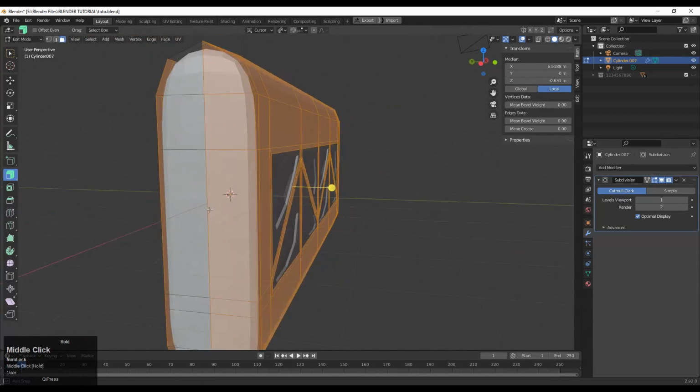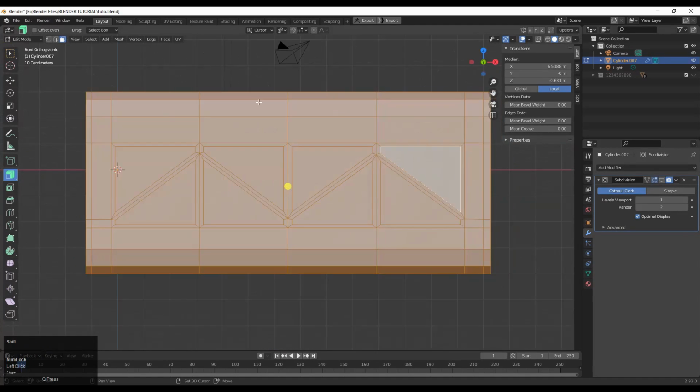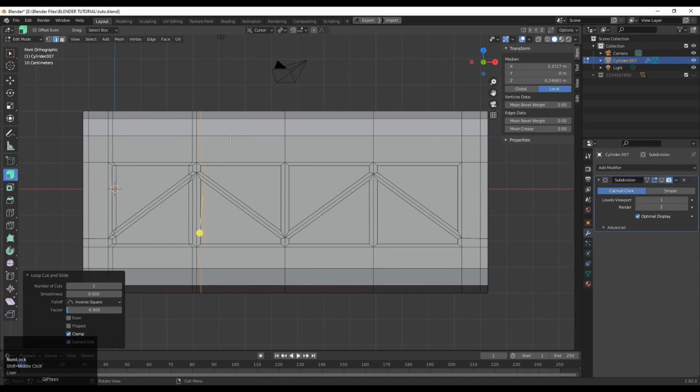And then you need to add the subdivision surface modifier. And now you need to add the necessary loop cuts to maintain the form of your model. So that's why just Ctrl R and add loop cuts like this, and give the factor something like 0.9 or 0.8. So you will get a better result. So you just need to add the supportive edges, supportive geometry on this particular mesh.